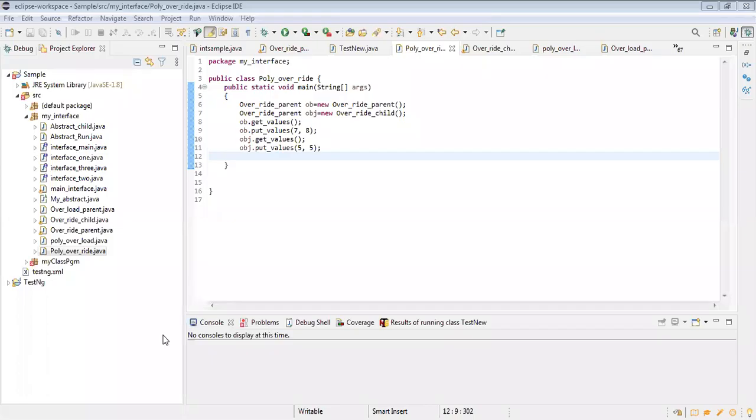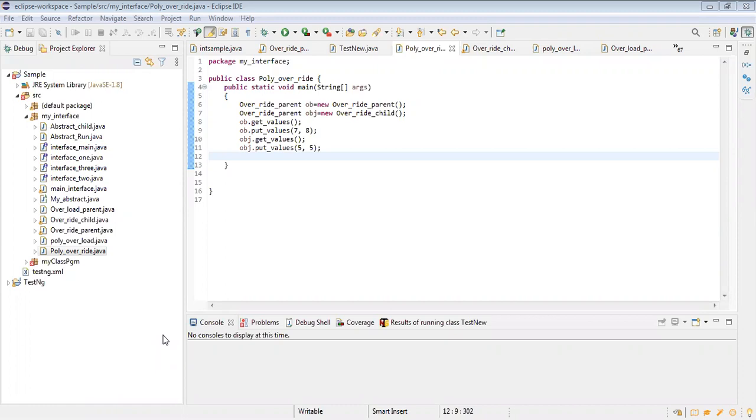Okay. Today we're going to learn two concepts, that is dynamic polymorphism and upcasting. Already we have known about what is polymorphism, what is overloading and what is overriding. Everything we have learned about it. But there are two other new names we brought up here, that is dynamic polymorphism and upcasting.